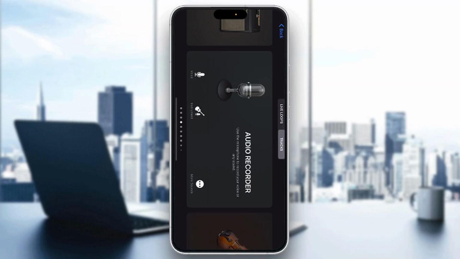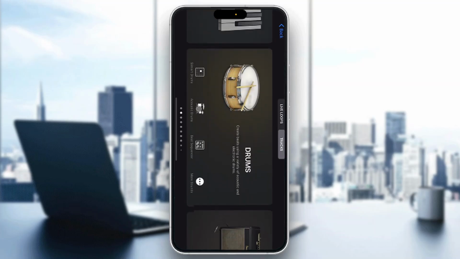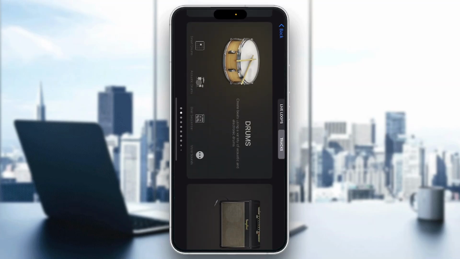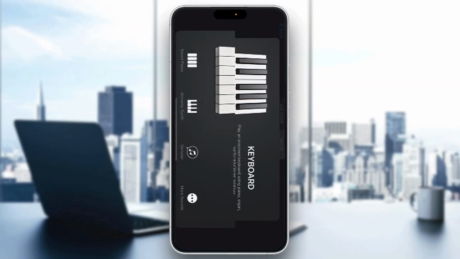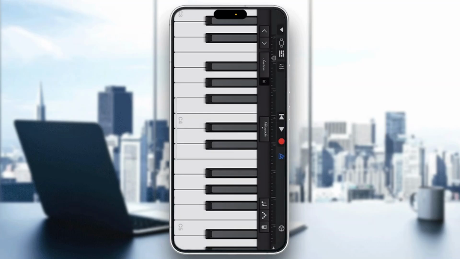So basically guys, we are going to get started from scratch. You're going to make your beat switch like you would on any other platform using your tracks and instruments. So here we have our instruments such as the keyboard, drums, and so on. Let's say we are going to be using the keyboard. If you tap to open up the keyboard, it's going to open up this recording menu. It works the same for any instrument. Any instrument you open, it's going to open up the recording menu. There's going to be a big red circle at the top of the screen where you can get started recording